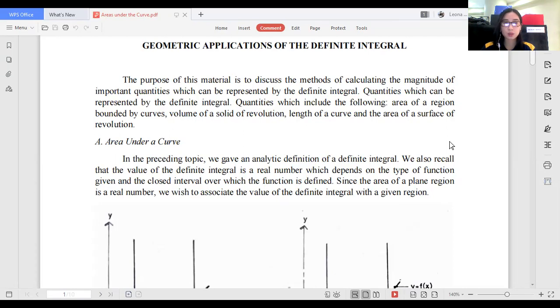So, quantities which can be represented by the definite integrals. Quantities such as area of a region bounded by curves, volume of a solid of revolution, length of a curve, and the area of a surface of revolution. So for the first part, we are going to discuss area under a curve. So in the previous topics that we have discussed,